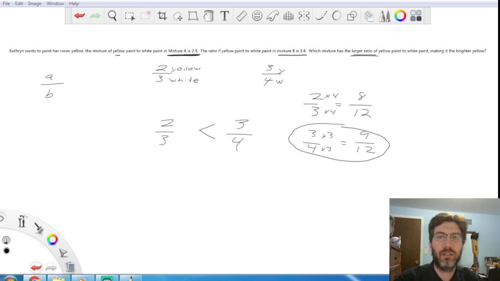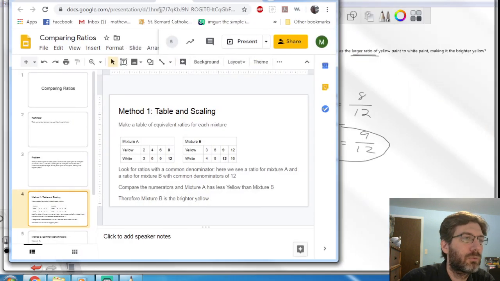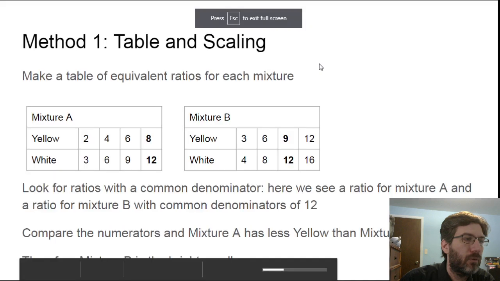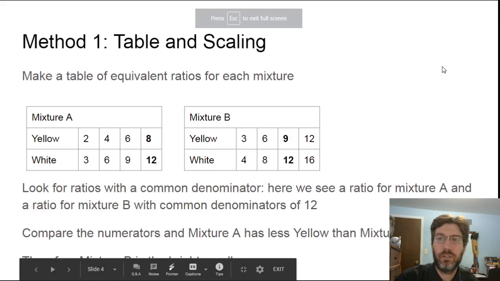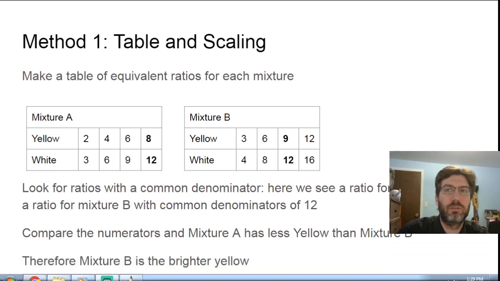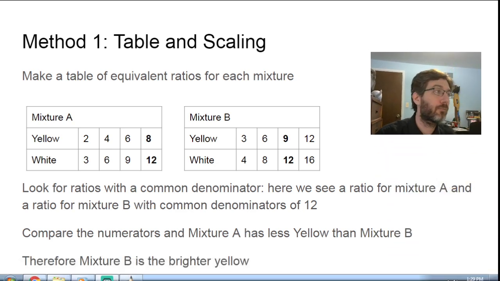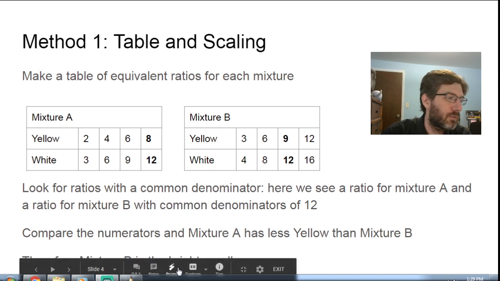So if you want to look at the next set, I might be able to just drag my window over. But this here is what the next set looks like, and my face is going to be in the way of this one now. So there we go. So here we could just make a table as well to find equivalent ratios. So basically what we're going to do is look at a bunch of different ways to start comparing ratios. So here, making a table of equivalent ratios for the mixture, you can see that,